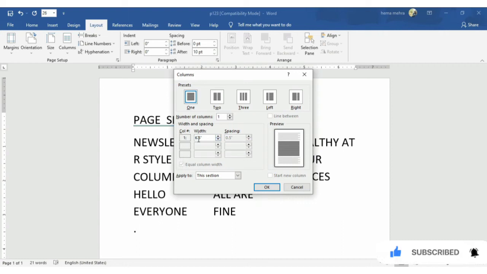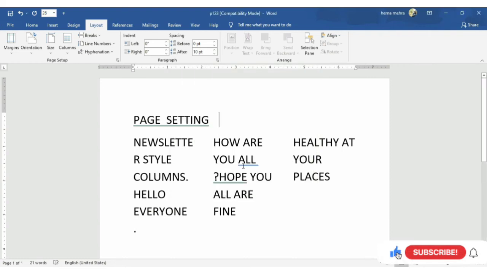But we have already fixed the width as 6.5 and spacing between two columns as 0.5, so we don't need to change it. If you want to change this, you can create one more custom from this space and press OK. The same will appear because we have not changed anything, and if it is required, we can make a change.